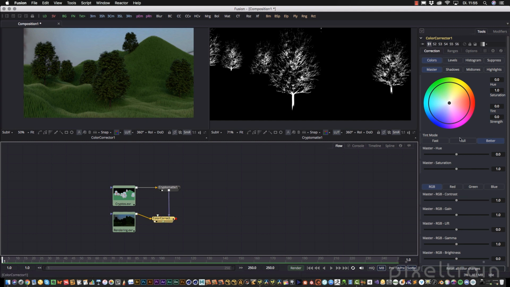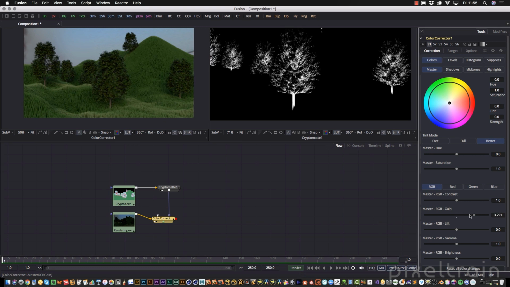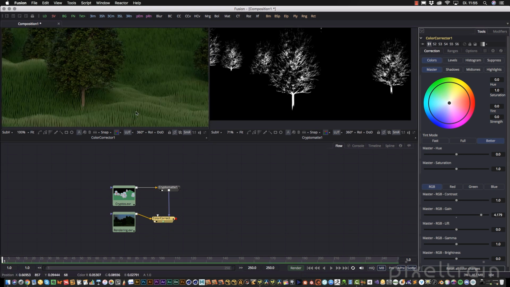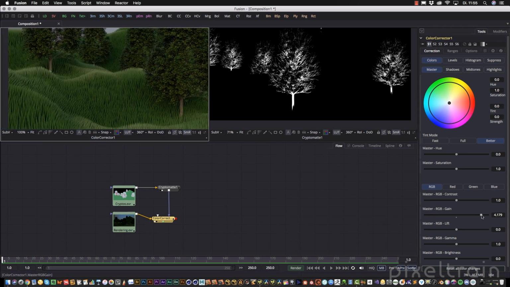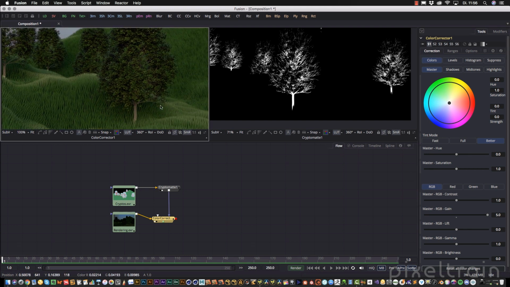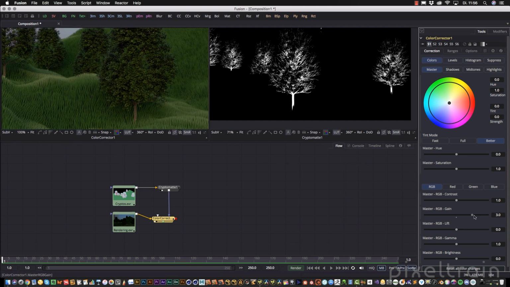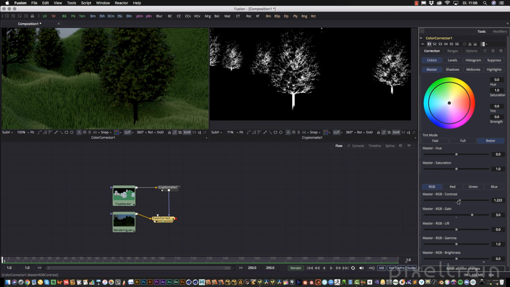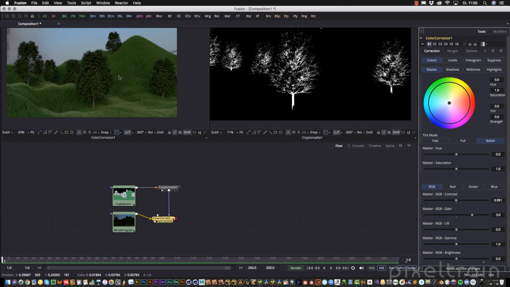And now I can go here, for example, to the gain and change now here. Really easy. Only the appearance of the trunks. Yeah, and that's the use of Cryptomatte inside of Fusion